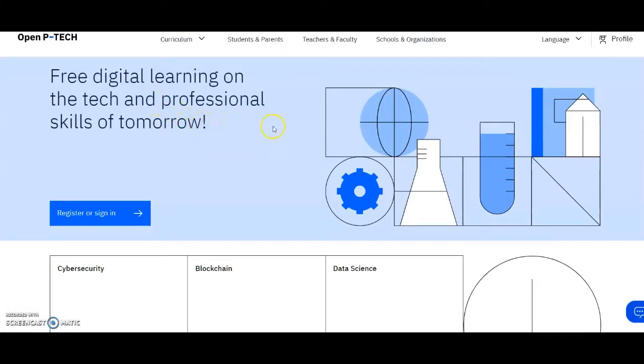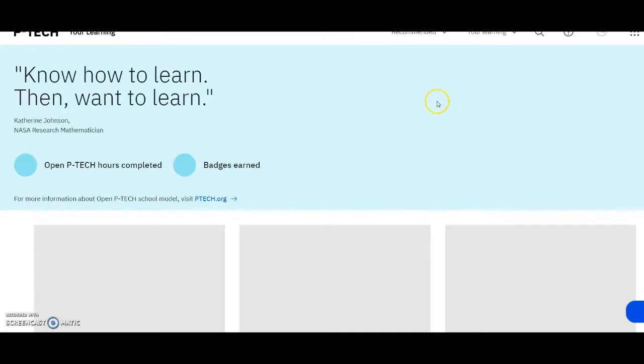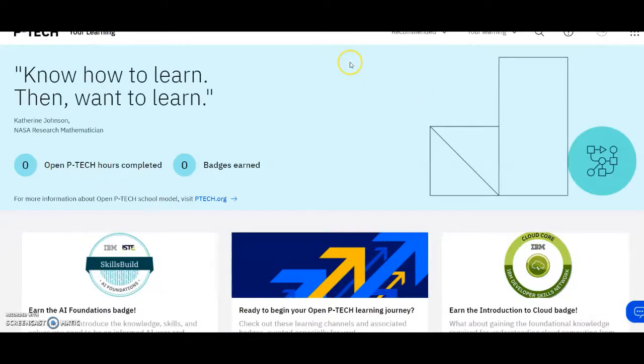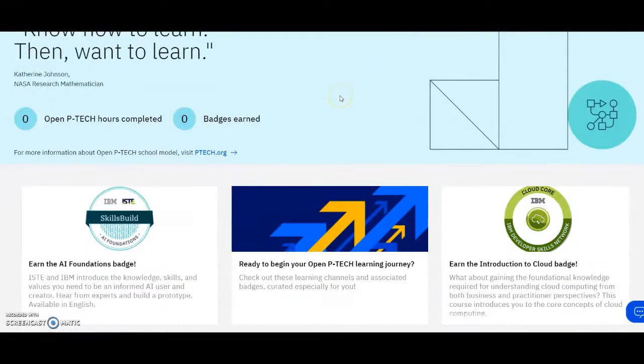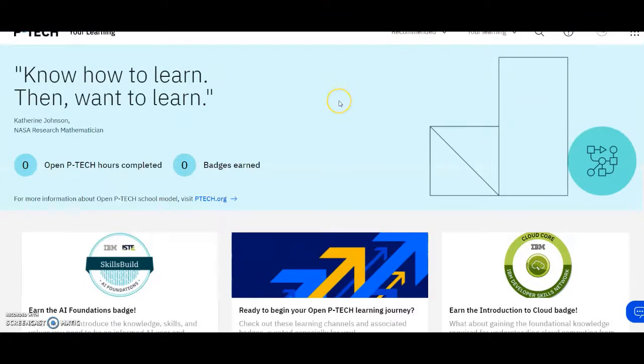Now, once you enter this page, the first thing you have to do is create your own profile, because this is the platform from which you are going to learn the whole courses. There are instances where a few among you are not able to understand what exactly OpenPTech is. OpenPTech is a platform through which you can learn many of the courses which you opted for. During the registration process, there were instances where a few among you missed out. Even if you are not registered for the program initially, you can set up the whole thing.